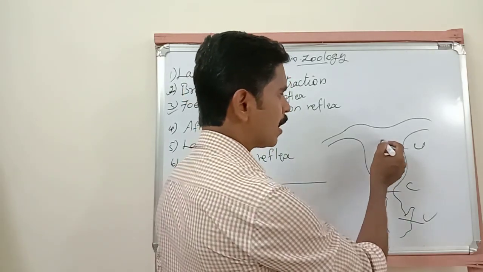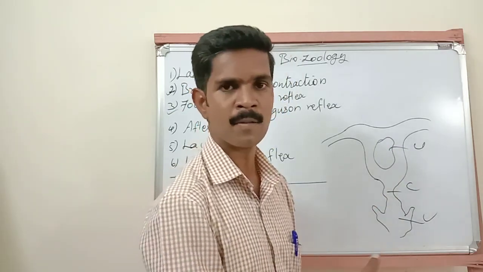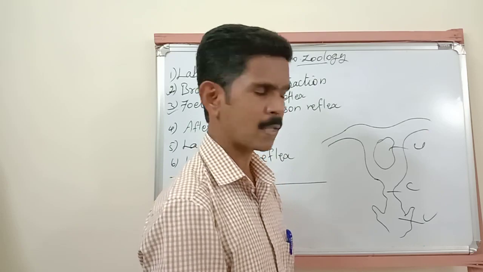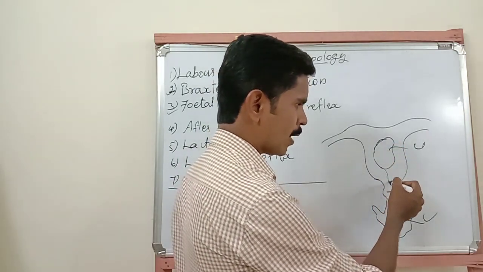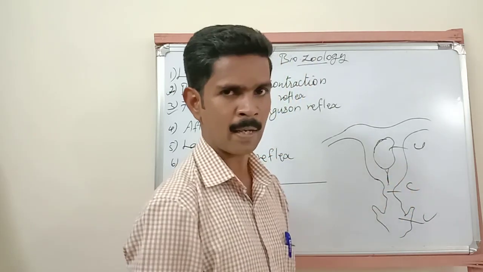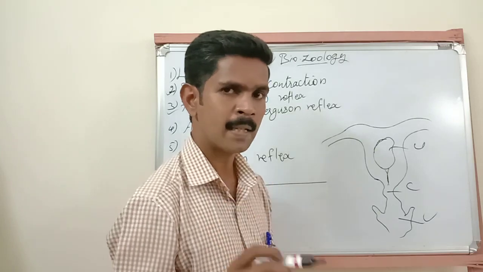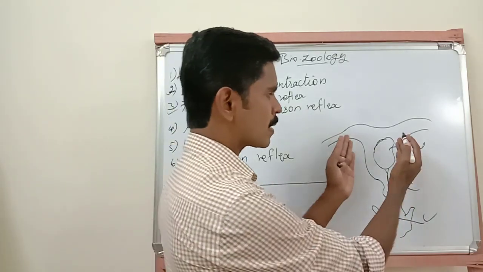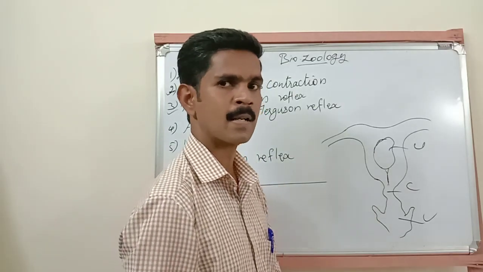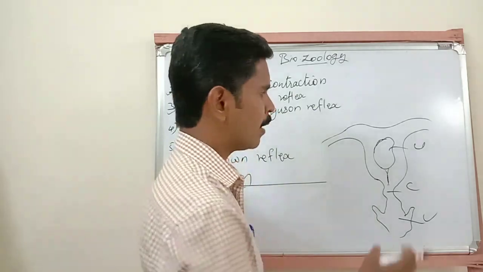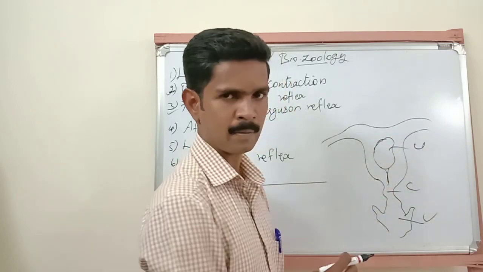The well-developed fetus, which is present inside, is moving downward. Fetus means the baby which is growing inside the uterus of the mother. Listen very carefully. Because of the increased secretion of the estrogen hormone, the uterus is involved in strong contraction, and because of this strong contraction, the well-developed fetus moves downward.